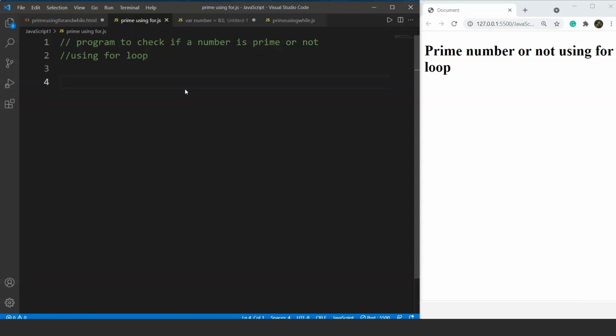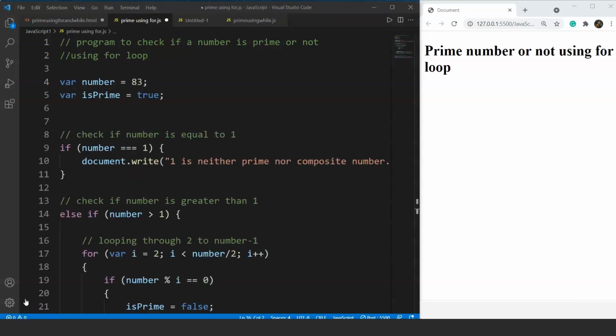If we take an example, let's say we are taking 7. So 7 is a number which is divisible by 1 and 7 only. No other number can divide 7, right? So here in this code, we have to check whether a number is prime or not. Let me take you through the code. So here is the code to check whether a number is a prime number or not. Let me take you through this first.